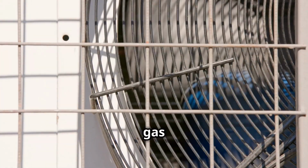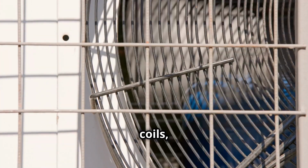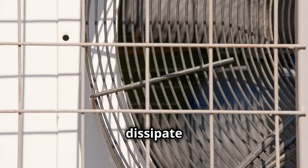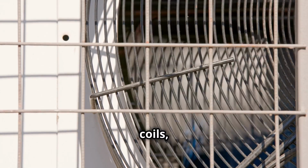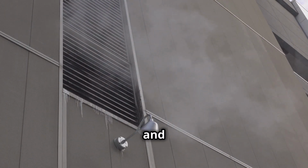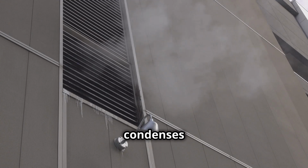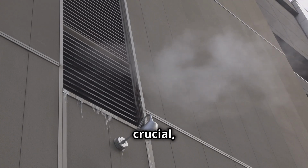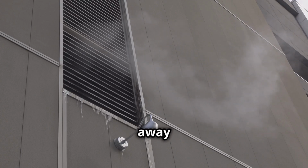Then, the hot gas travels through condenser coils, usually located on the back of the fridge. These coils are designed to dissipate heat efficiently. As the hot gas moves through these coils, it begins to lose its heat to the surrounding air. Here, the heat is released into the surrounding air, and the refrigerant cools down and condenses into a liquid. This phase change from gas to liquid is crucial, as it allows the refrigerant to carry away the heat it